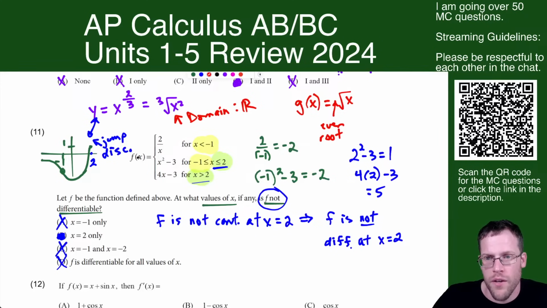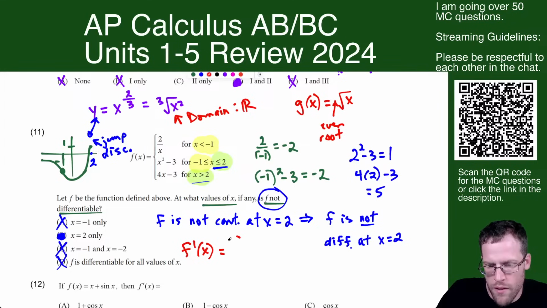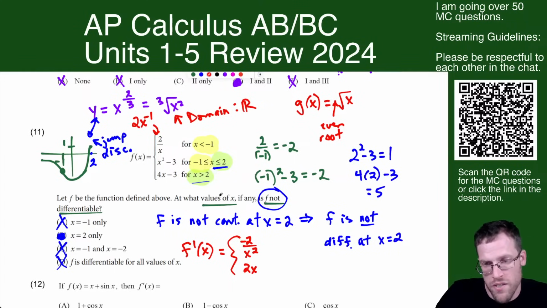So how could I verify that we're differentiable at -1? If I just want to say a little extra, I would derive f prime. The derivative of this is the same thing as 2x to the -1 is -2x to the -2. And -2x to the -2 is the same thing as -2 over x squared. The derivative of x squared minus 3 is 2x minus 0, and then the derivative here is 4. And this is for x less than -1, but they're saying here that it's differentiable,